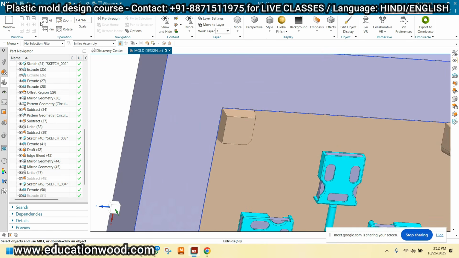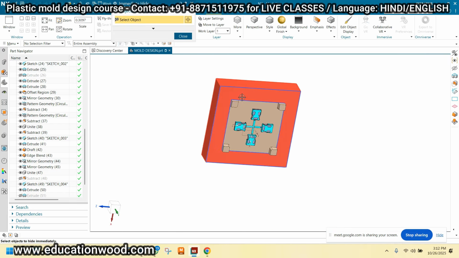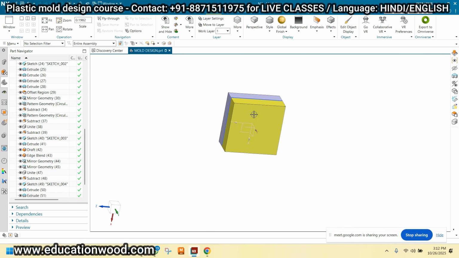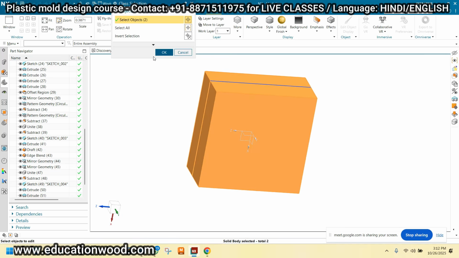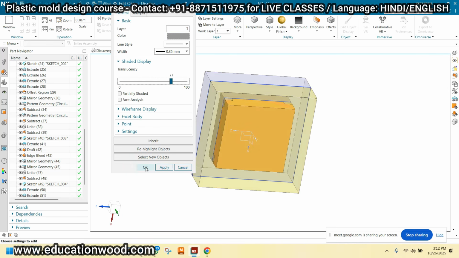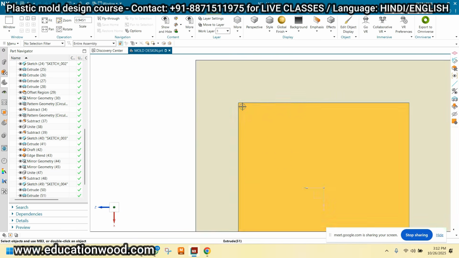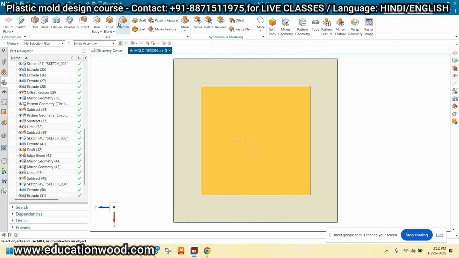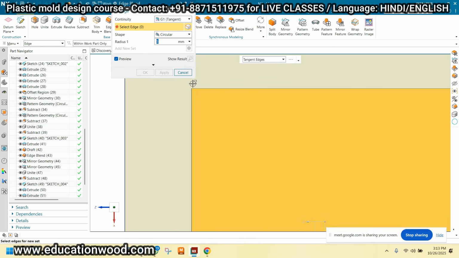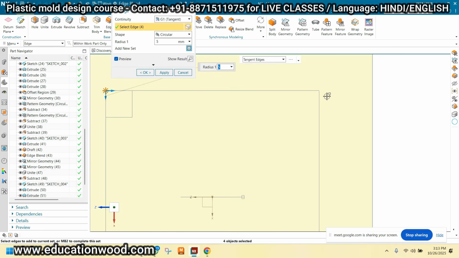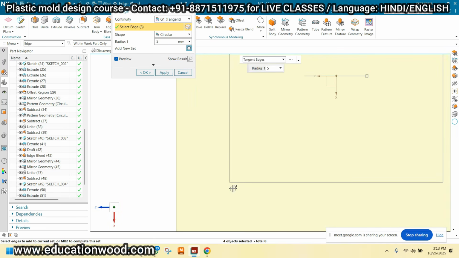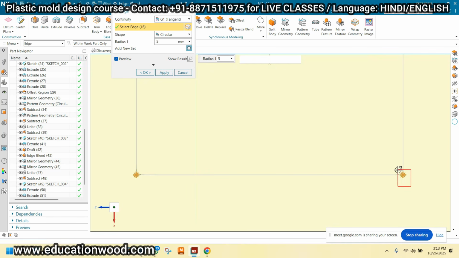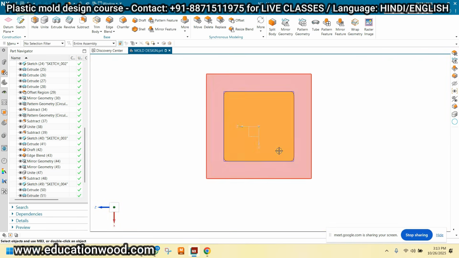Now take the radius from here. Control J and just click OK. Like this, I'm just taking the radius here. Why am I taking the radius? 1, 2, 3, and 4. How much? 10 mm radius I can take and just click OK.